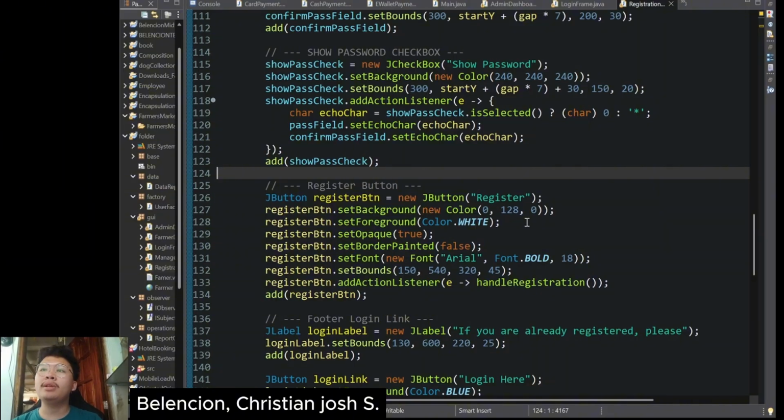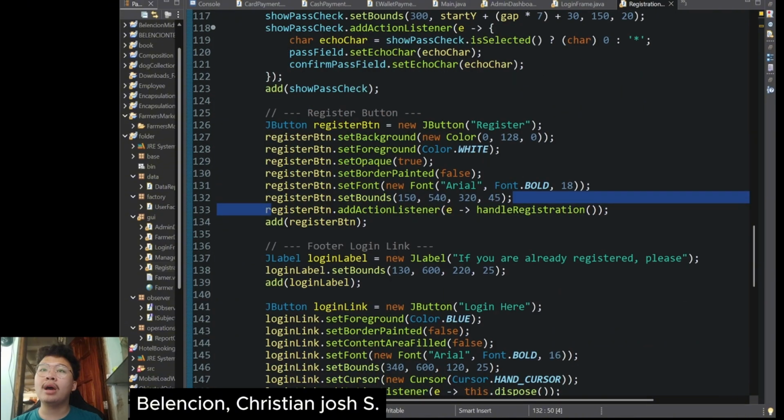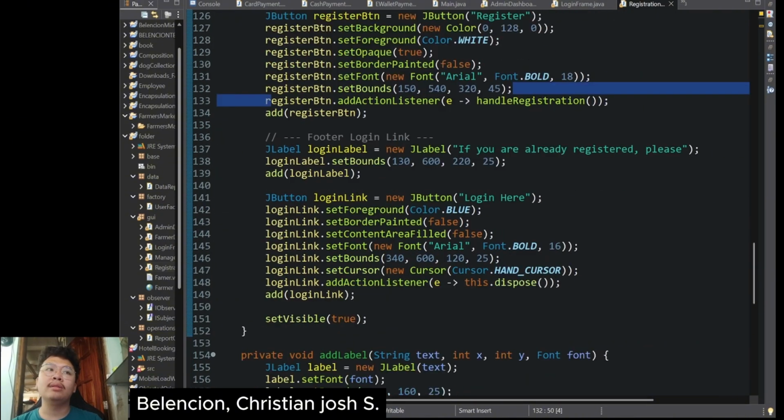If the information is valid, the handle registration method saves it in the system. After the successful registration, the user can go back to the login frame and use the new account to log in.